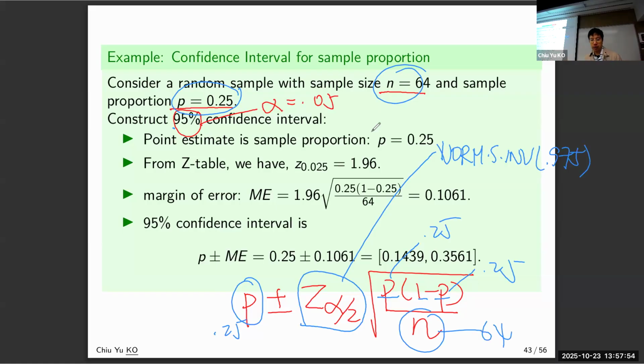It will show you that the best guess is 1/4 of people like your product, okay? And the margin of error is 10%. So you will be 15% people like your product up to 35%, right? So that will be the best guess for you, right? Of course, if you want to get a better estimate, then you increase the sample size, then your estimate will be getting more accurate, okay? As we said,